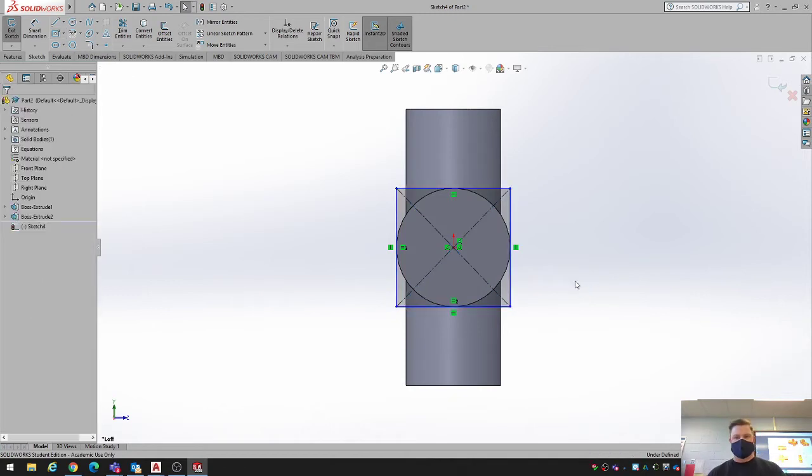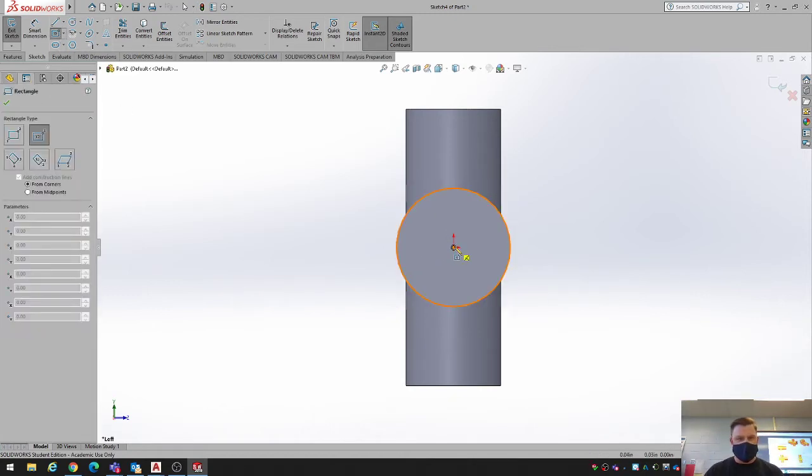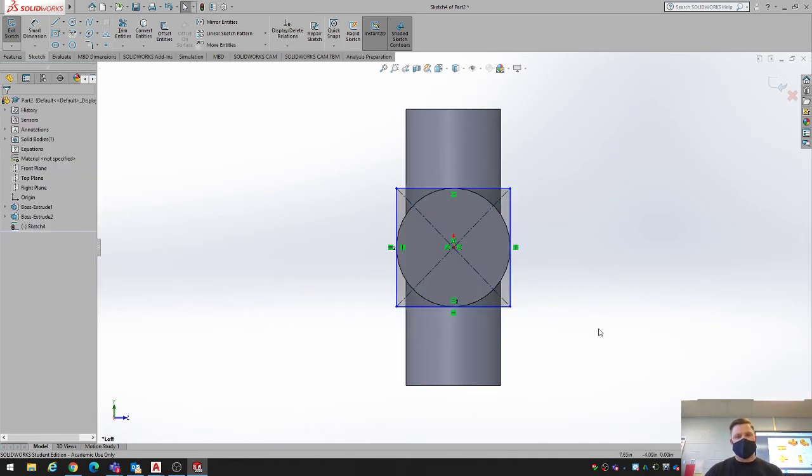Okay, let me do that one more time. What you have to do is center rectangle, click here. You have to hover your mouse over this quadrant for a second, and then hover your mouse over this quadrant for a second, kind of like it does in AutoCAD, and then it should snap